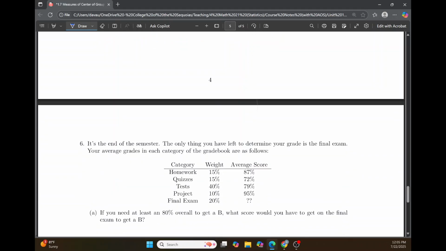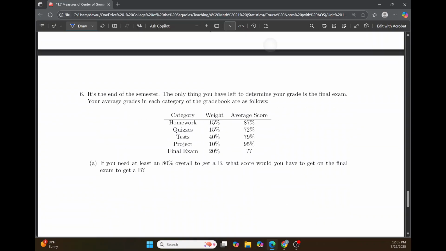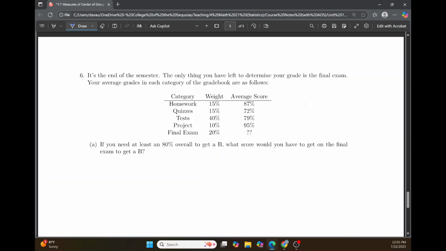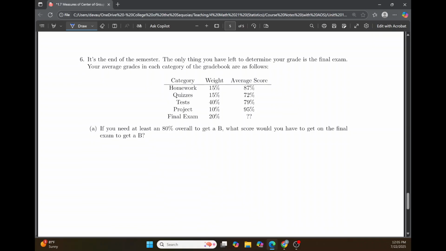Another reason that this is important to you is just, as we said a second ago, your grade in probably every class that you're going to take is going to be a weighted average, right? As we said, tests are going to, generally speaking, be worth more than homework will be. Of course, for different classes, you won't have these same categories in every class. In some classes you have writing to do and things like that. But anyway,